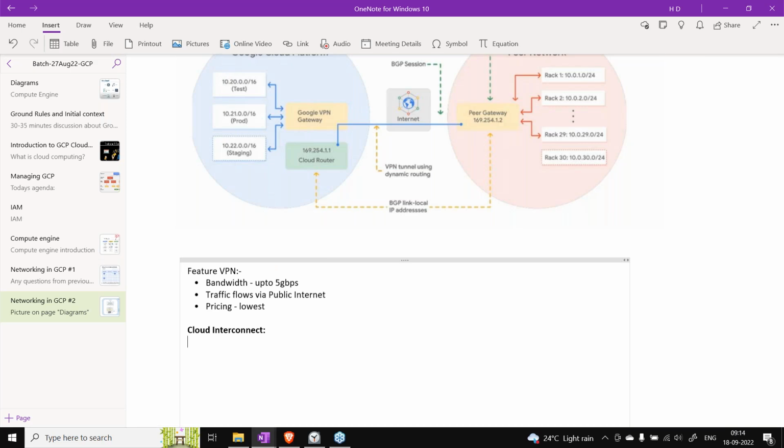Here the connection between on-prem and GCP will be using a private network, not using public internet.